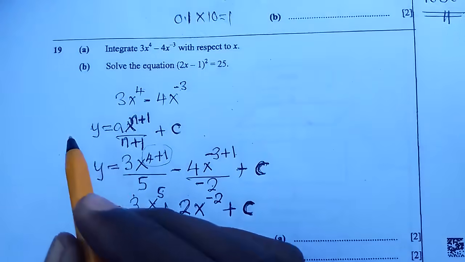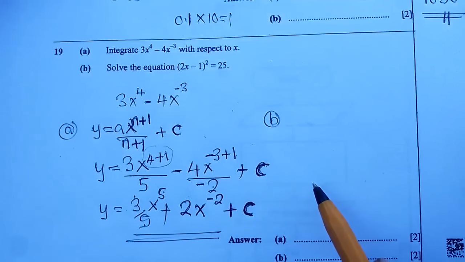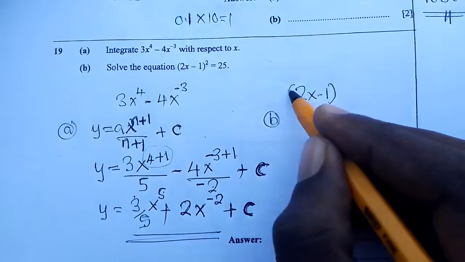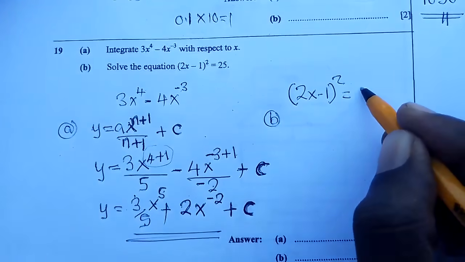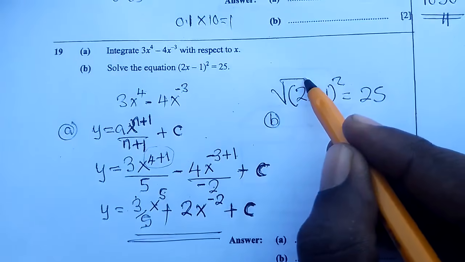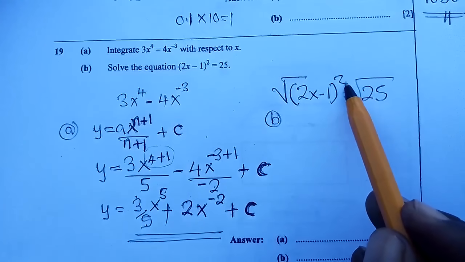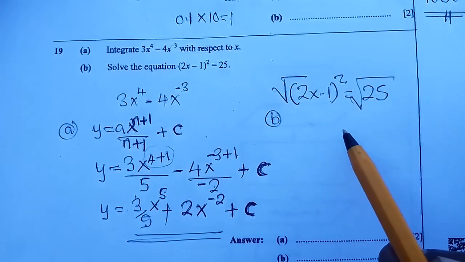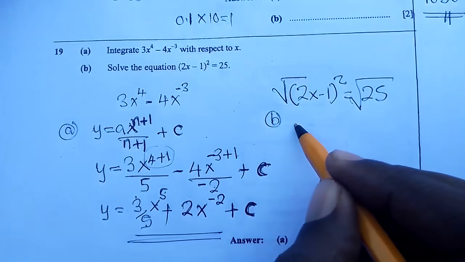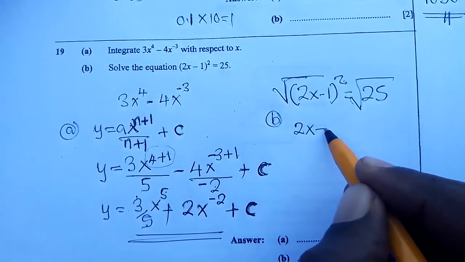I move to B. So this was A. I move to B. So those are equations now. This is 2x minus 1 squared is equal to 25. How do I solve that? I introduce the square root so that I cancel out that. If I introduce the square root here, this square root and this square will cancel out. So I'm going to have 2x minus 1 is equal to